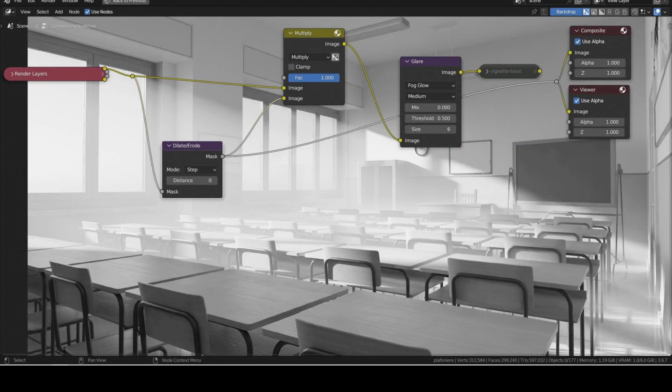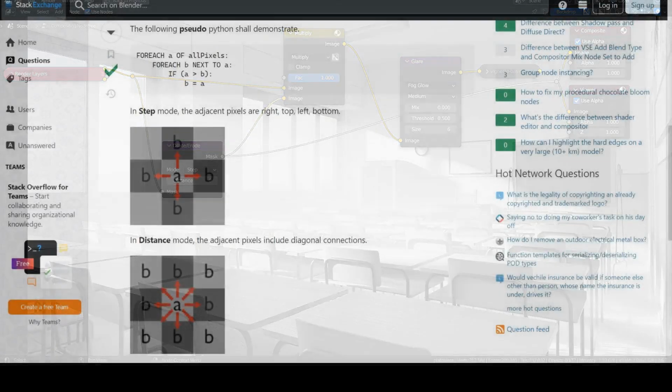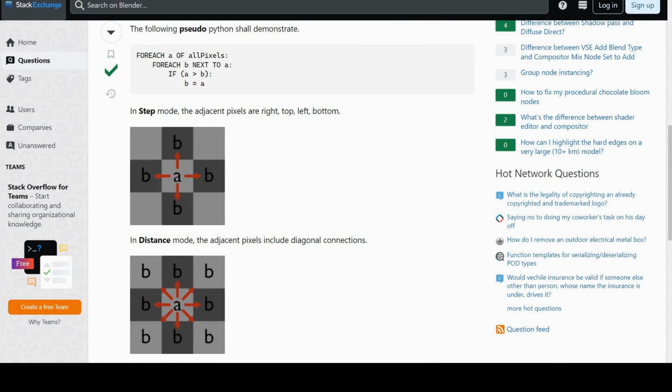The image I'm showing now shows the mask obtained from Dilate Erode when the value of the distance parameter is 0, so it's actually just the conversion to grayscale without any effect applied. In particular, Dilate Erode performs a morphological operation, which acts on the shapes in the image.